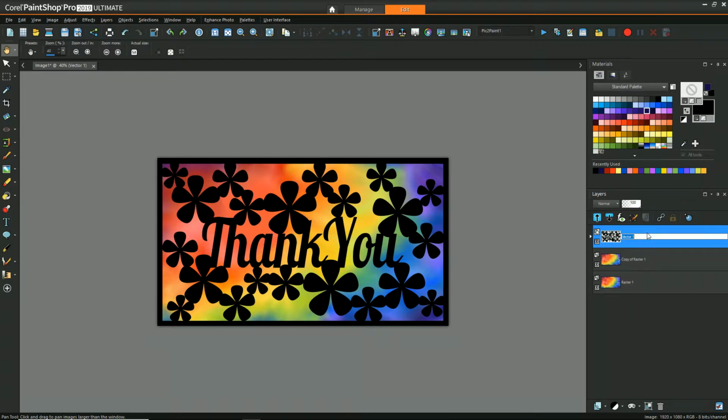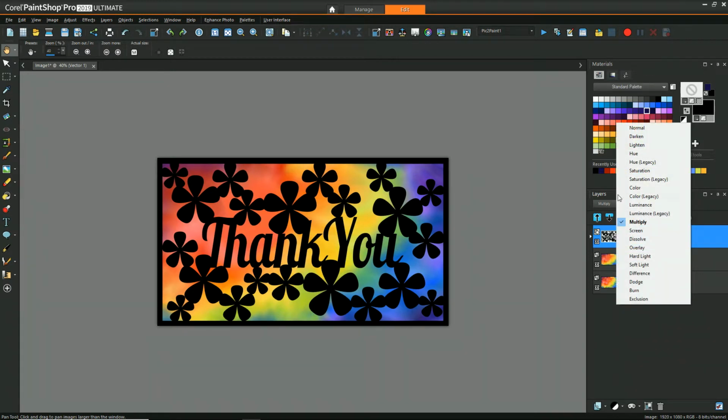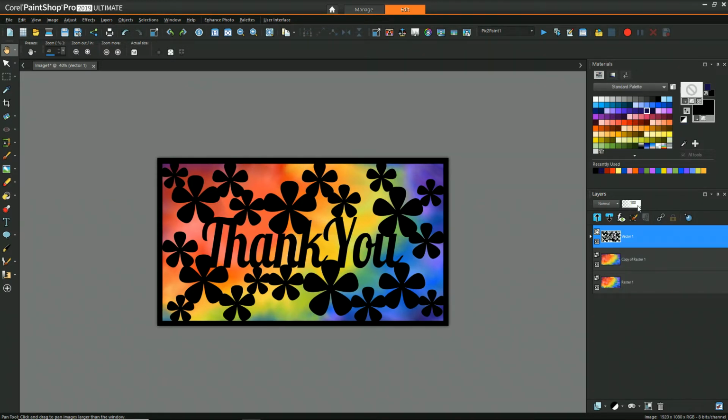And to get the shadow effect that I was going for, instead of just a black overlay, we can decrease the opacity so that some of the color pattern underneath comes through. So now if we want to try something a little bit different, and we want to replicate the card with